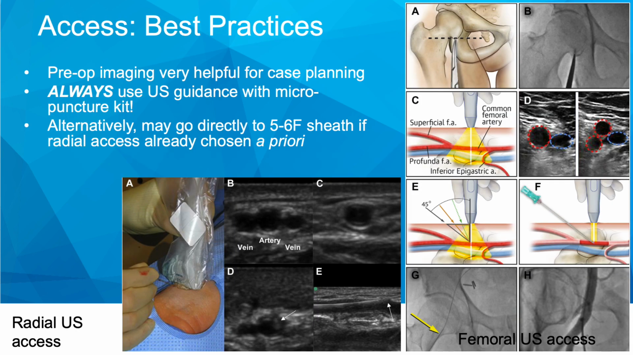Well, if we're talking about access, we need to talk about best practices, and that usually includes preoperative imaging, which can be very helpful for case planning, but also includes using ultrasound-guided access with a micropuncture kit. We do this routinely on all of our cases unless we've decided to go a priori directly to radial artery